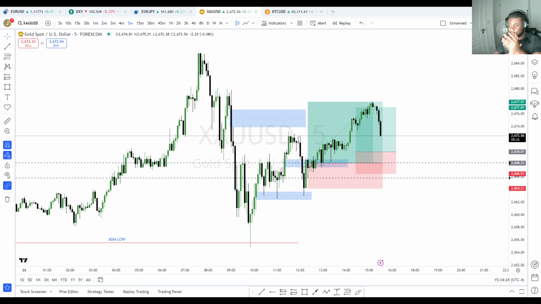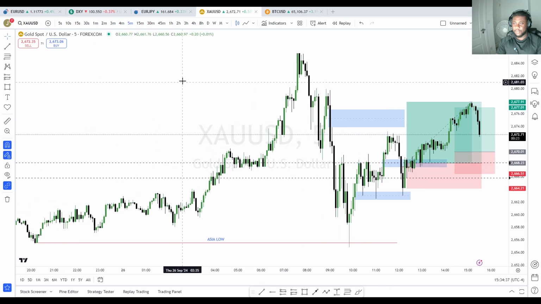It's JD Trades, and I'm going to give you guys a quick rundown of today's price action and everything that's happened so far inside of the Telegram. So, I did send out these trade ideas for gold. Let's just take a look at it and break it down, right?